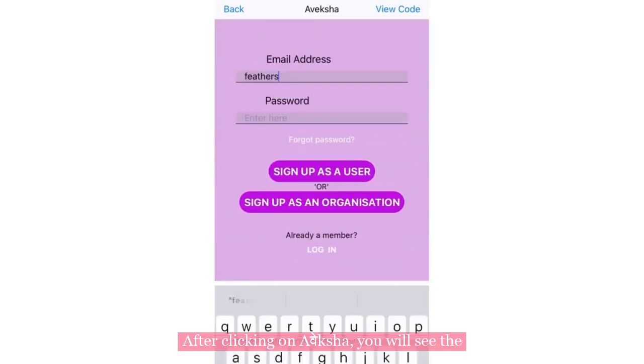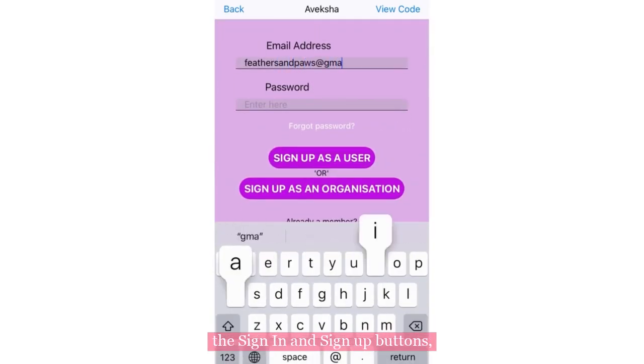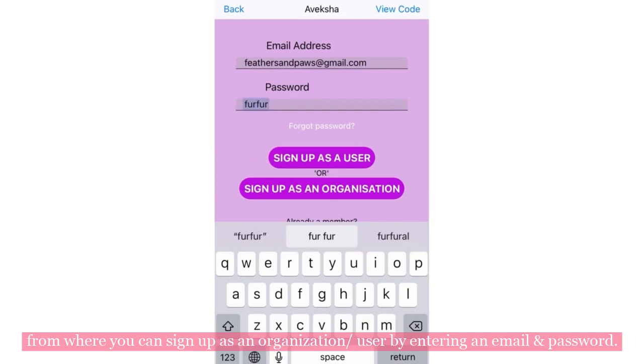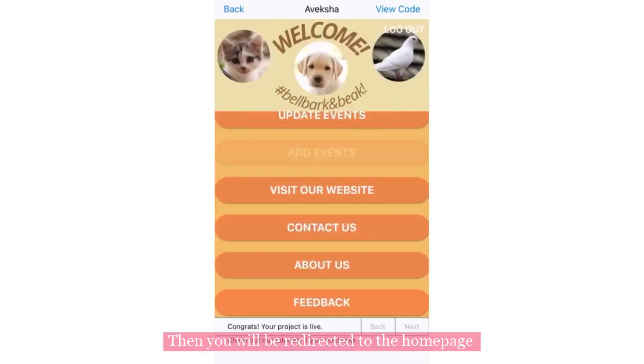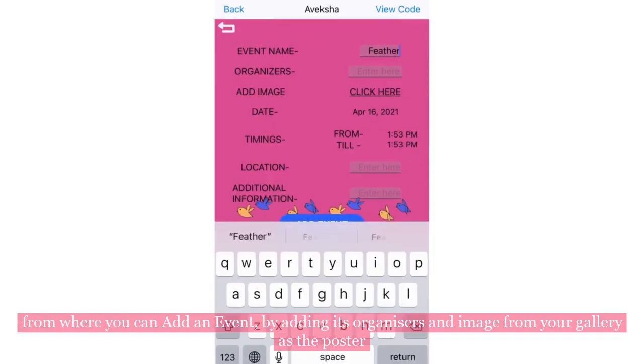After clicking on Aveksha, you will see the sign in and sign up buttons from where you can sign up as an organization or user by entering an email and password. Then you will be redirected to the home page from where you can add an event by adding its organizers,